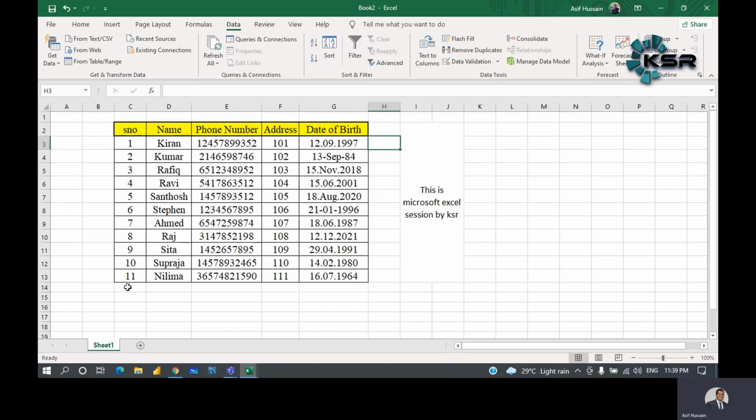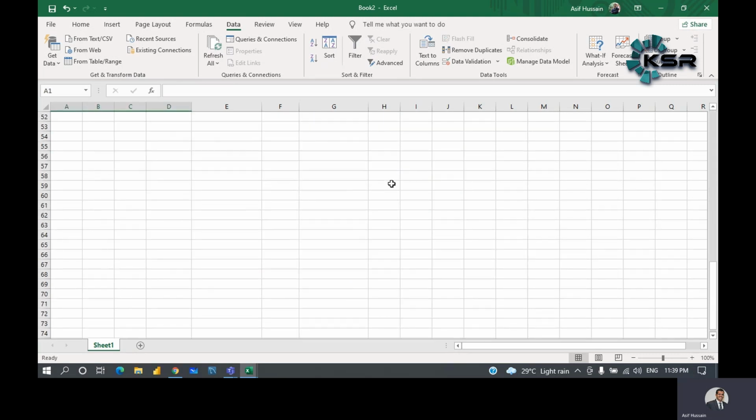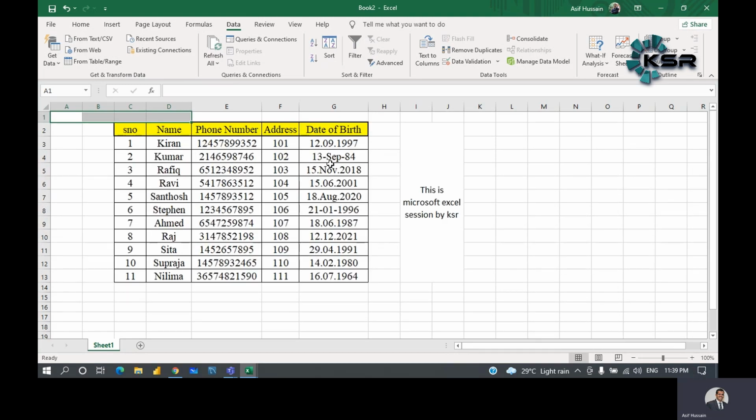For example, we have only 11 members of serial data here, but if you go into any organization, you will get thousands of columns and rows of information, out of which you cannot scroll down and see where the 2018 data is. So rather, you want to get the data with just one click. So what you need to do is just select the heading and apply the filter. Once you apply this filter in Data, you will get an arrow mark here.